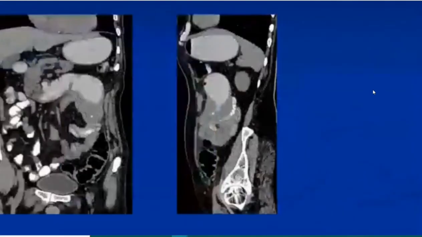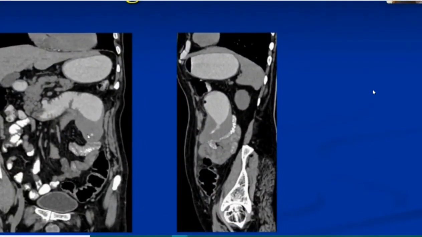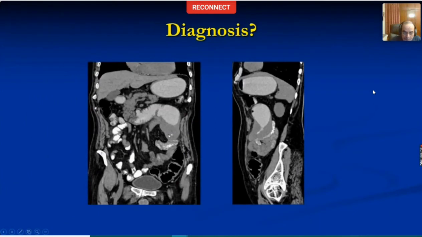Inflammatory. Oh, well, no. I wouldn't have thought of inflammation. Again, notice that the stratification of the bowel wall is lost. We're not seeing that differentiation into mucosa, submucosa, serosa. And this is very mass-like thickening. So you've got to think of a tumor.